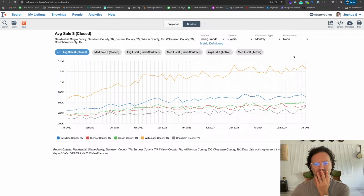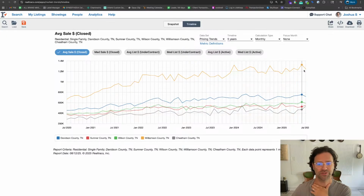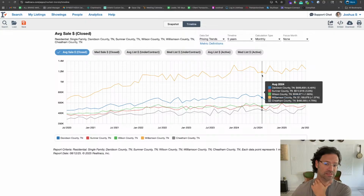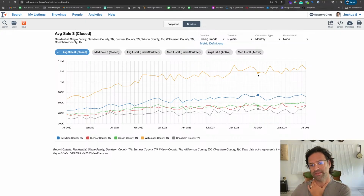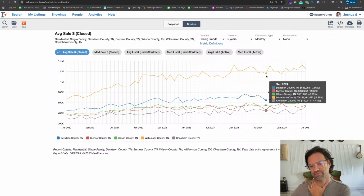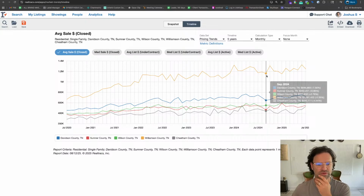So if we go back to June, July of last year, it was a very similar kind of thing. Now, Davidson County did go up from June to July, and I do expect that. I think usually you'll see an increase July to August for the most part, but with these declines, again, August, September, October had a little peak for some reason last year. That was interesting. I remember that last year we saw a little bump in October. That was sort of an anomaly, because if you go back and look at some of these other months,